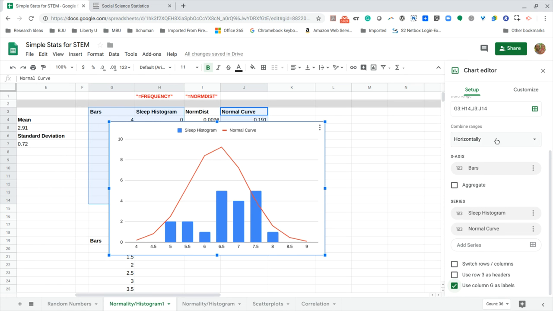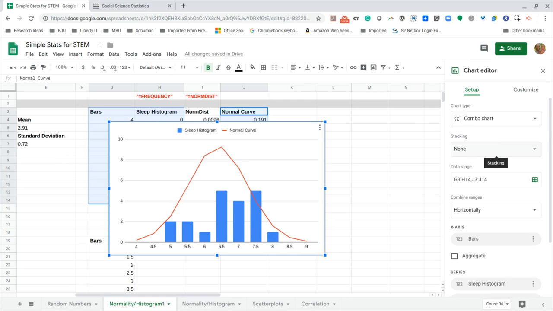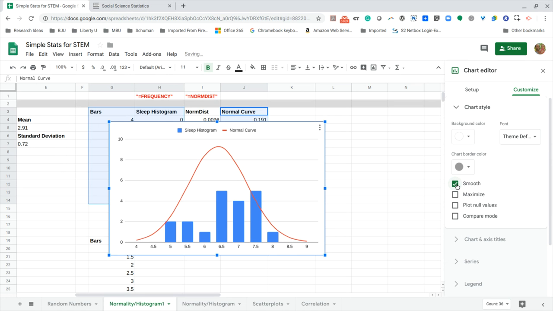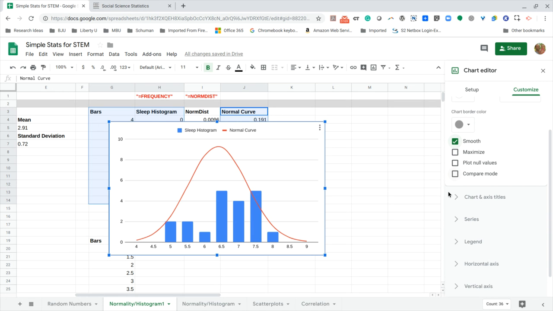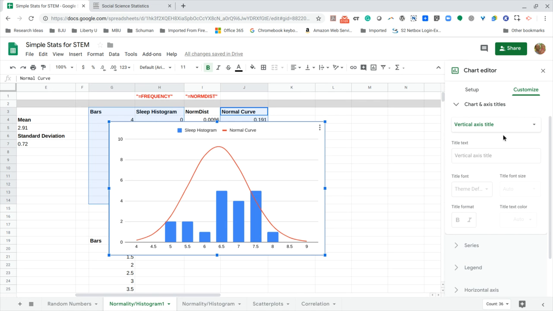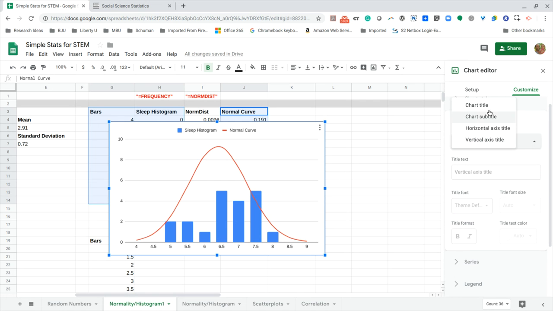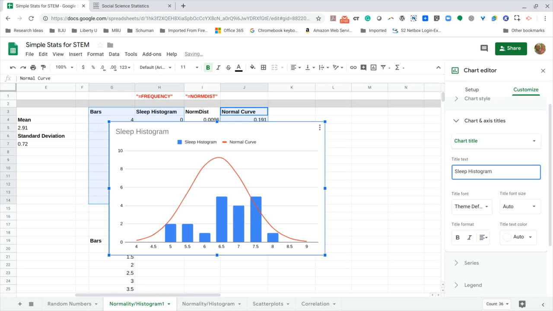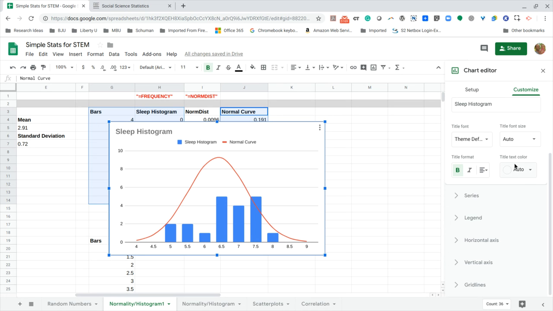So let's clean this up just a little bit more, and we'll do that by going over here to Customize. The first thing I'm going to do, underneath Chart Style, is hit Smooth, and that'll smooth out that normal curve a little bit. And then there are several other things I can do. I can put labels on here. I'll show a couple of those underneath Chart and Axis. I'm going to do the chart title. Let's put in something like sleep histogram, just to give that a title there, and I can make that bold, make that look real pretty. Then I'm going to go down here to the series,